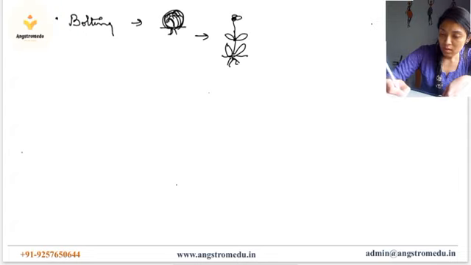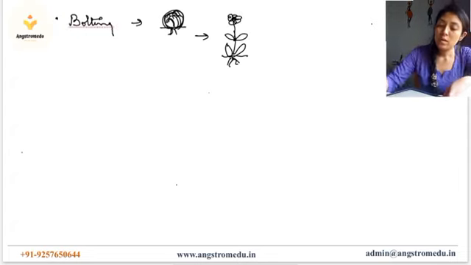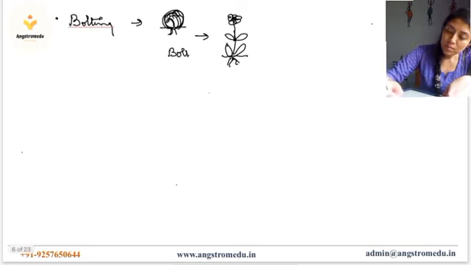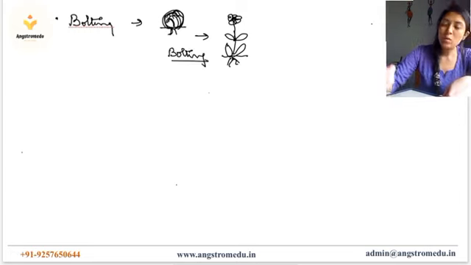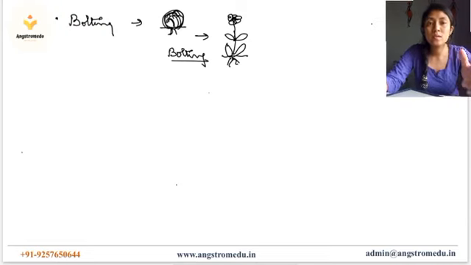It will elongate, and at the tip it will induce flowering. So this particular thing is known as bolting. Why is bolting necessary? Bolting is necessary to induce the flowering stage in plants, and thus you can get seeds